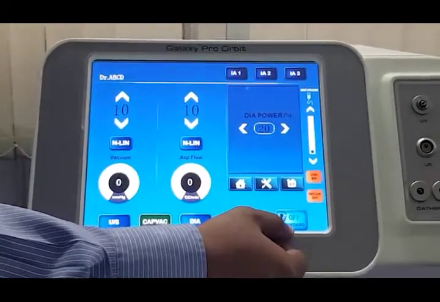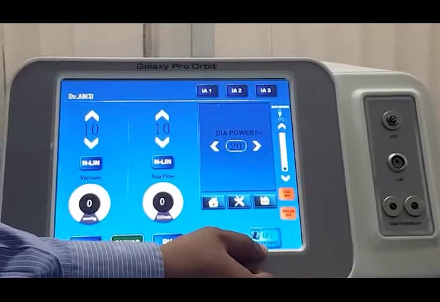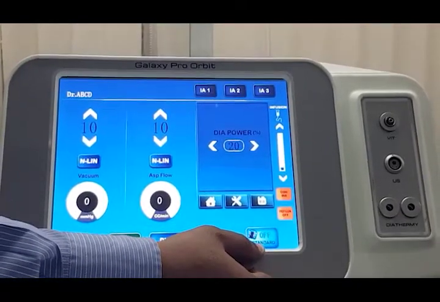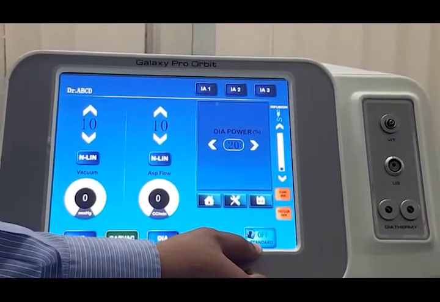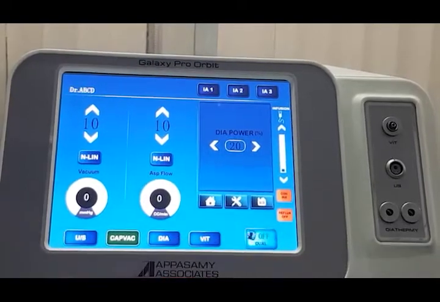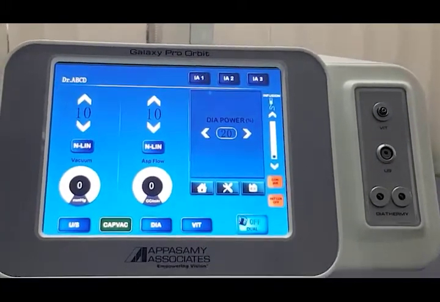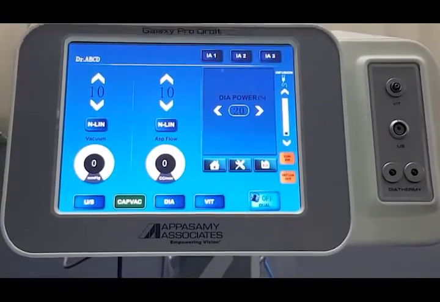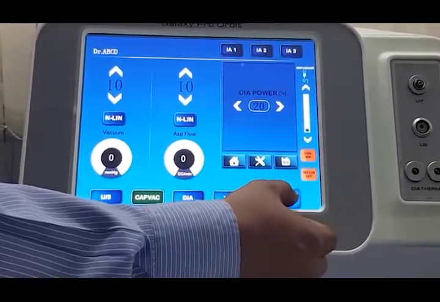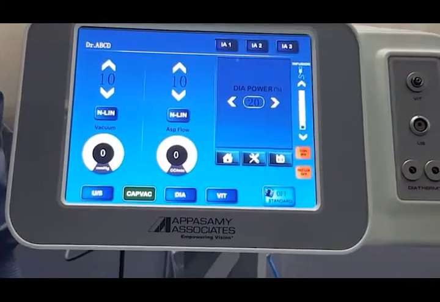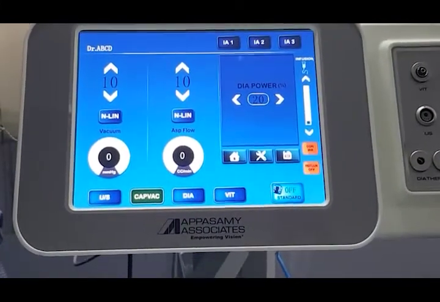Coming back to the foot pedal, you have two modes in the foot switch. One, standard foot pedal. Another one is dual foot pedal. Dual represents that the machine can work as a dual linear foot pedal. When you put it on standard, it is a single dimension. It will work as a standard pedal.